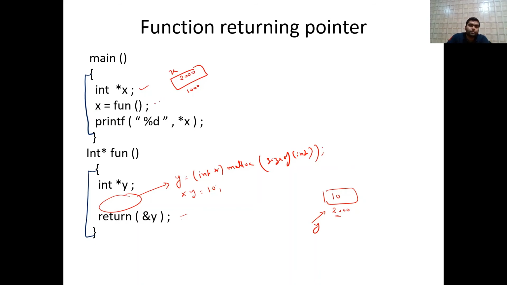so 2000. So this is the impact of this line. Okay, means it will point to 2000 location. Now star of x, x is what, 2000, and value at 2000, so value at 2000 you will get this as 10 is the answer. So this is a very simple program, but anyhow function returning pointer, so function also returns pointer means addresses. So addresses are generally what, we can hold it in a pointer variable. Okay,